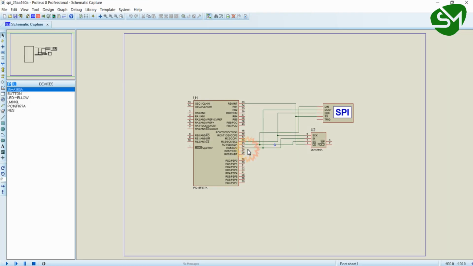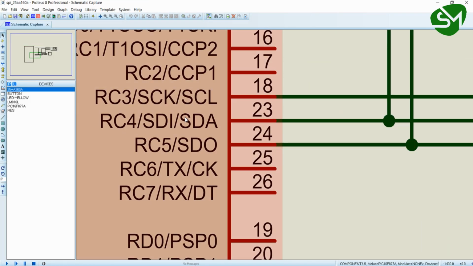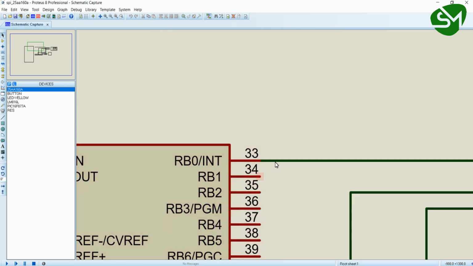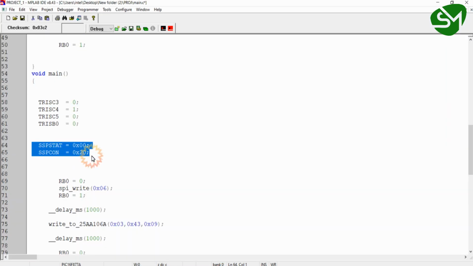You can see this is the MISO pin RC4, so I am configuring it as input, and this is the clock pin RC3 is configured as output, and clock data, that is the MOSI pin is configured as output, and the slave select pin is RB0, that is also configured as output.